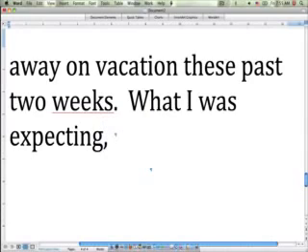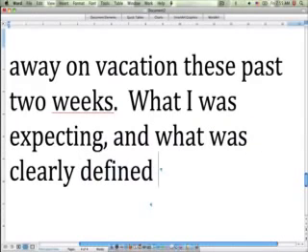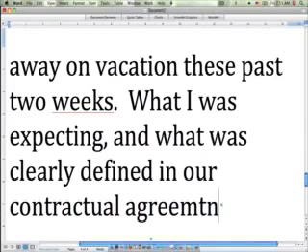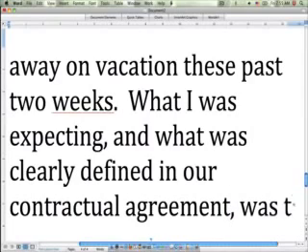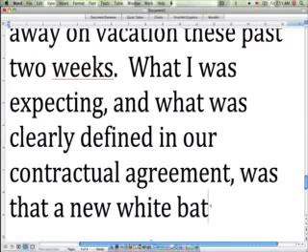So what I was expecting and what was clearly defined in our contractual agreement was that the new white bathtub